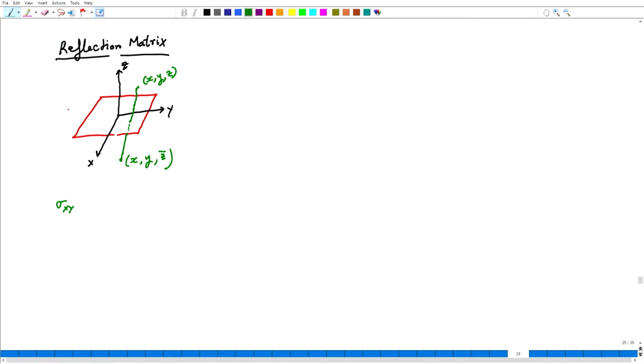And clearly this matrix would be 1, 0, 0, 0, 1, 0, 0, 0, minus 1. Again, I put a bar on the 1 to denote negative 1. And you can actually do this matrix multiplication, multiply this matrix into the x, y, z column vector, and you will get the result x, y and minus z. Similarly,